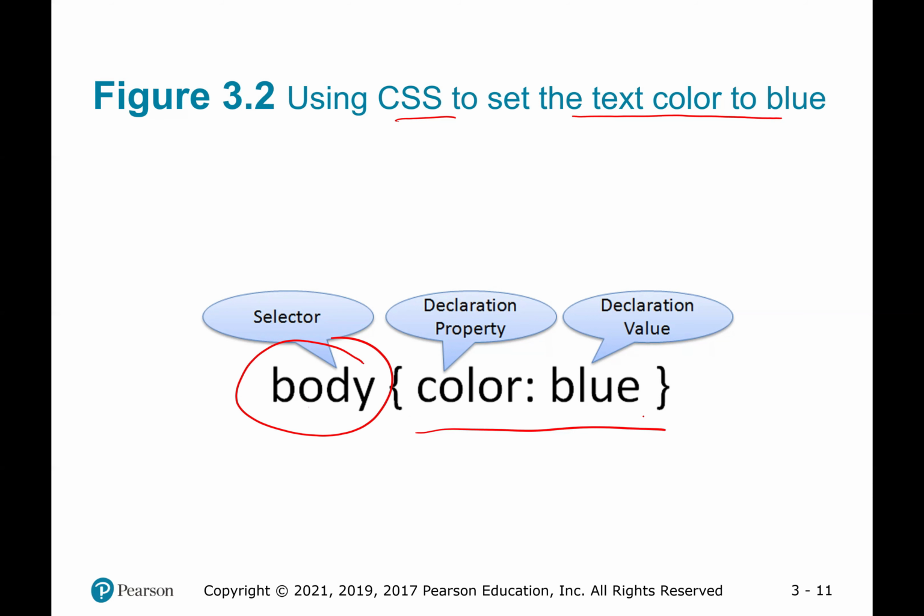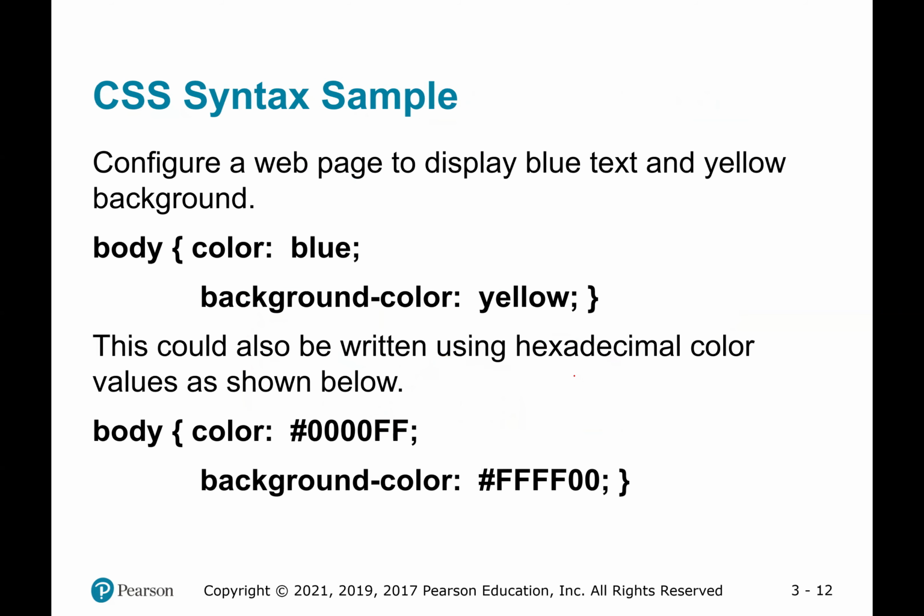And then this is the rule. And the rule has two parts. One is the property. So this is the property part. And then there is the value. Okay. So how do I know which properties I can use? We'll talk about that. But before that, let's